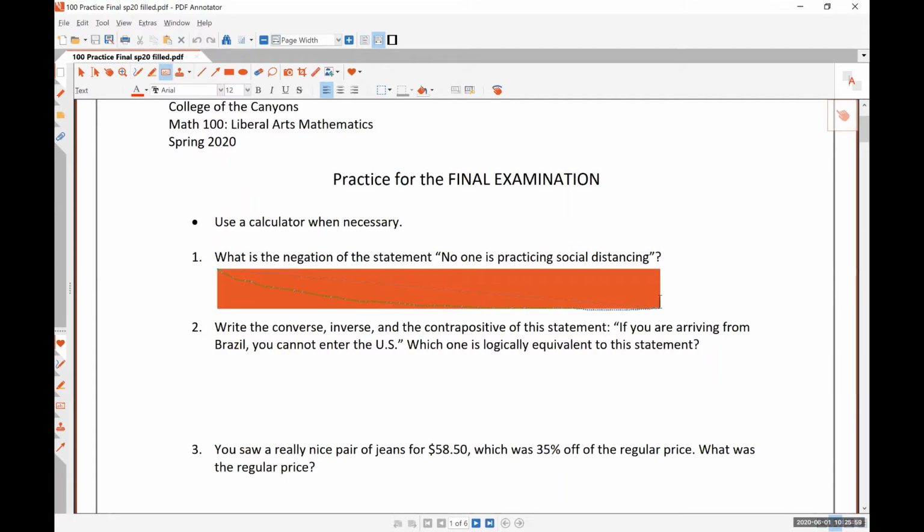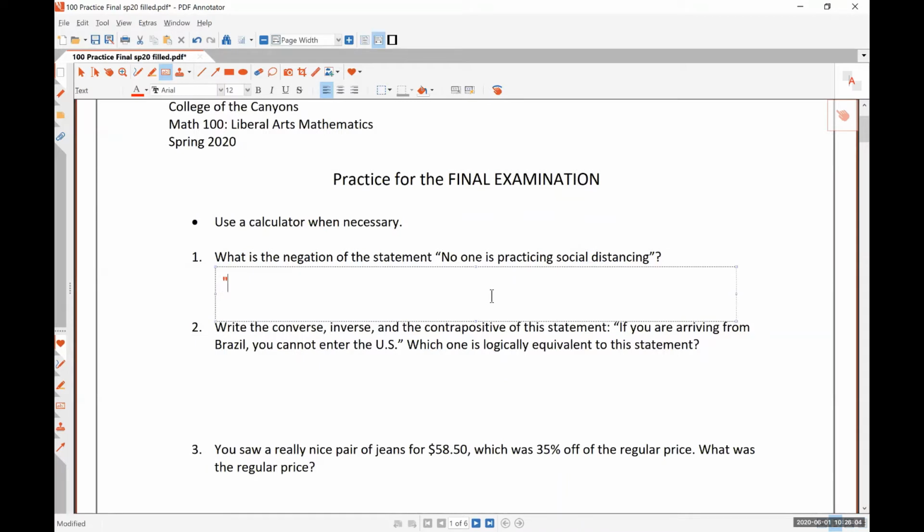Okay. All right, so what's the negation of the statement, no one is practicing social distancing? Right. So the answer is, notice here, this says no one is practicing social distancing. It's a universal negative quantifier. And of course, you don't need to know that if you can just come up with the answer, but the answer has to be existential. Okay, so some, or there exists at least one person. That's a very precise way of saying some actually do. So the opposite of no one is practicing is that some are practicing